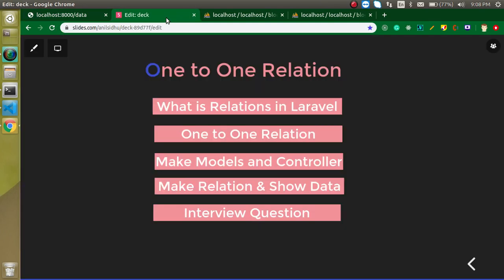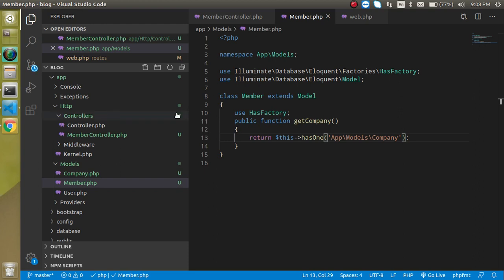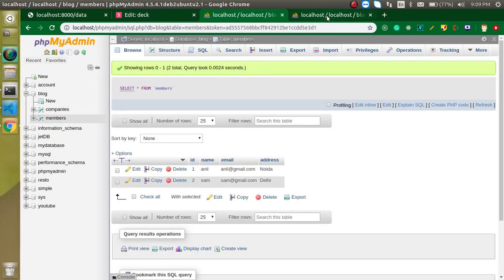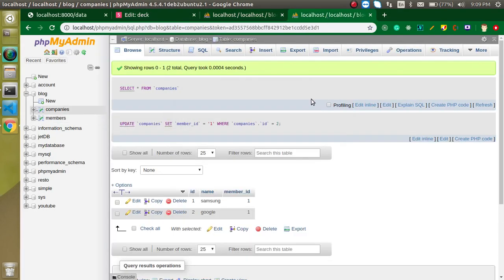So now it's time for a question. Is it possible to get the data from 3 tables? Like I'm just getting the data from 2 tables, like this and this. So is it possible that we can get the data from 3 tables? If yes, you can mention it in the comment box. If no, then you can answer that no, and with the reason also.